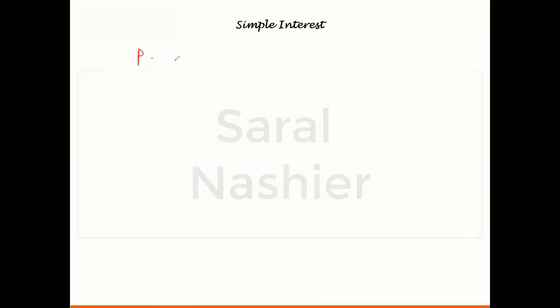Let us say I have taken 10,000 rupees from someone at a rate percentage of 10% per annum. So how does simple interest work? We'll talk about that in this session now. So principal is 10,000 rupees, rate is 10%. So in simple interest, there is a simple logic that is used. So it came from simple only.